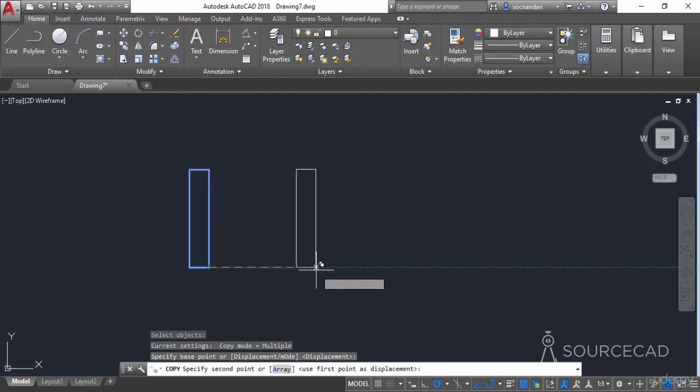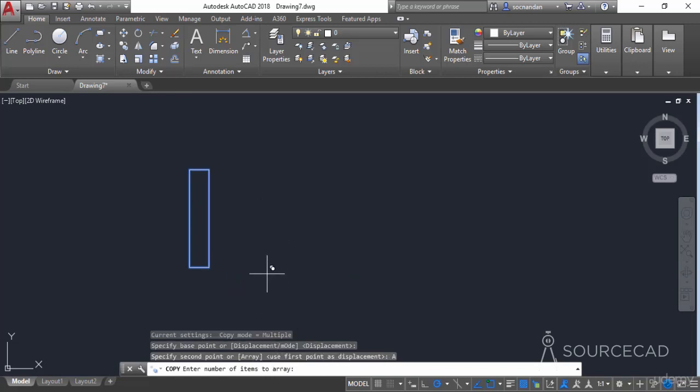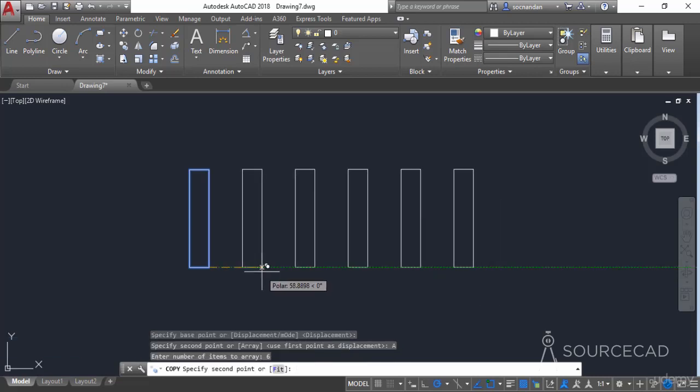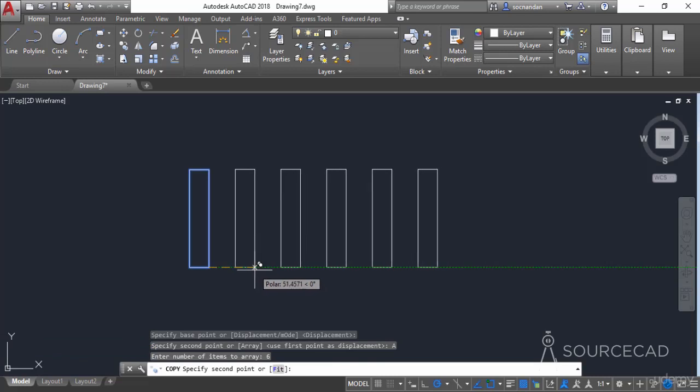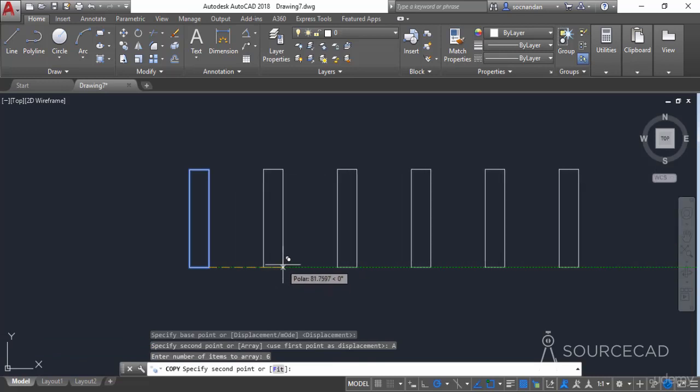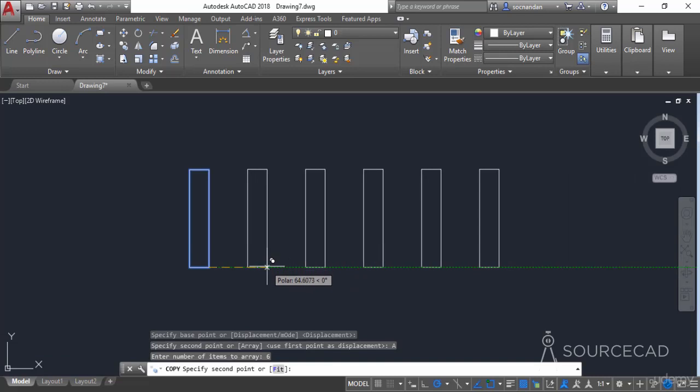And now as you can see that we only have a single copy of this object. Now you can make multiple copies using the array tool. Here we have this array tool. So click on this array and now enter number of items. So we'll add 6 as number of items. Now press enter, and here we have it. We have 6 objects instead of 1 as copies. And now you can click at any point to place all of these objects and they will be placed at